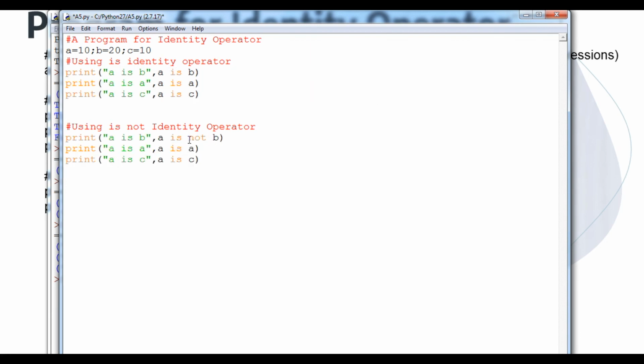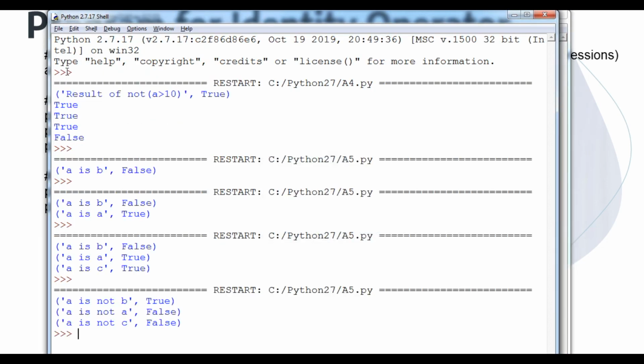I will simply type not. Here in the place of this I will also type not, and here not. I will comment the earlier one, which will never affect my program.